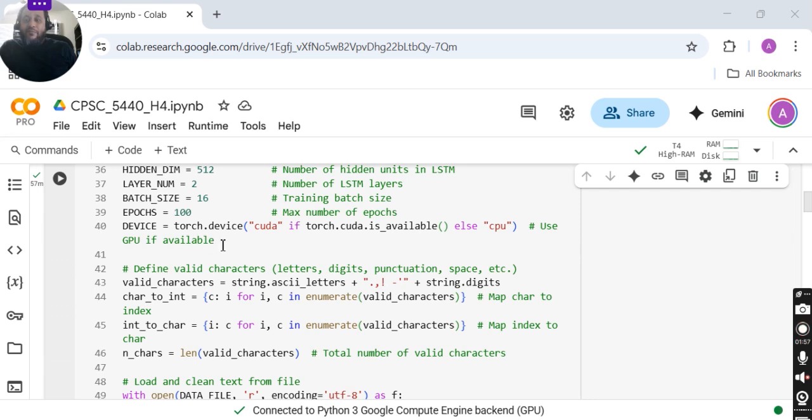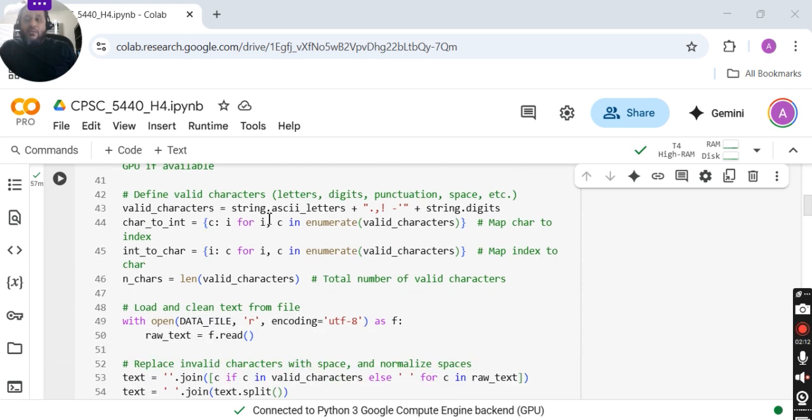Here we are checking if we are using the GPU; if so, we use that, and if not, we use the CPU. On CPU, it runs very slow, so I recommend that you have the GPU enabled when you run this program. All the valid characters are the letters of the alphabet, different punctuation marks, as well as all the digits. Here I'm enumerating them to convert between integer and character, and I take the length of the characters string and assign it to n_characters.